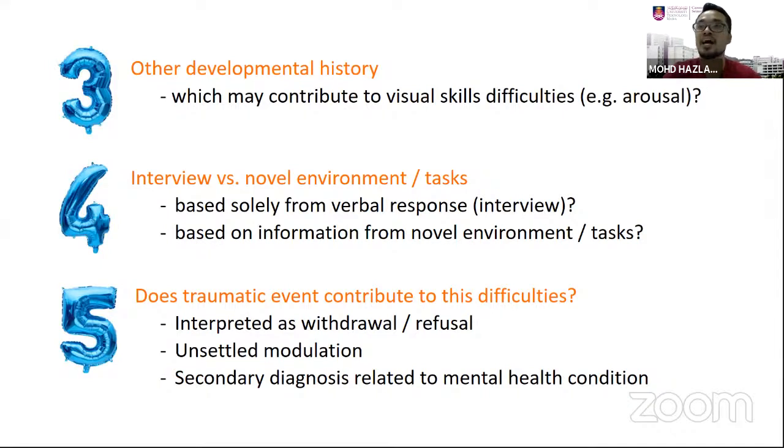So by the time they are 6 years old, having experienced 3, 4, 5, 6, for 4 years, the child has been exposed to an environment that is forcing them. And then when they come to you at 6 years old, you will interpret it as withdrawal and refusal. They will come with unsettled modulation. They will come with a secondary diagnosis related to mental health conditions, anxiety, conduct disorder might be, we don't know. We need to further investigate that. But with a traumatic event, when it starts at a very young age, we need to understand that traumatic event before we further evaluate the visual perception skills. Okay, next.